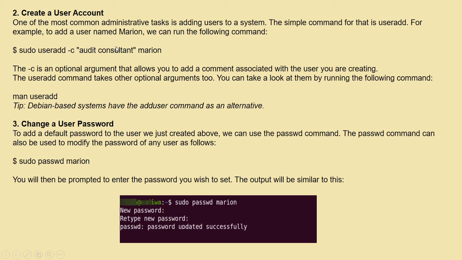Now see this command. Here I am creating the user with the name Marion. That's why I want to change the password of this user. So I have to write sudo passwd then Marion. Okay, just like this command. Then it asks me to enter a password. Here the cursor is waiting to type the password. You should type the new password, then again you have to retype it. Then automatically the message will be displayed as password updated successfully.